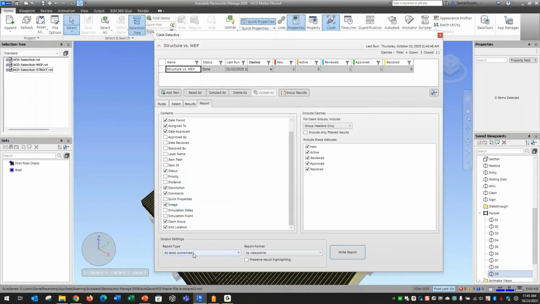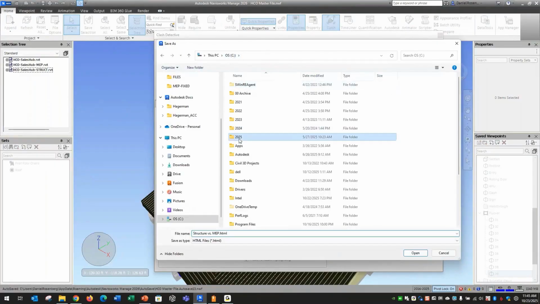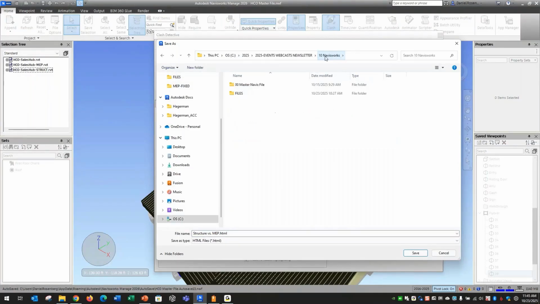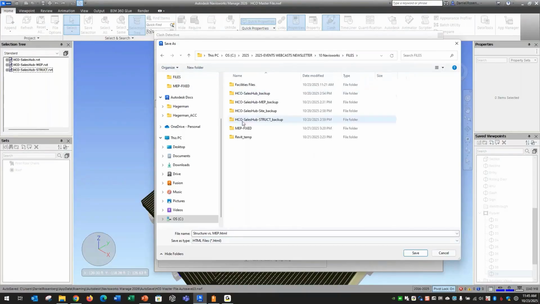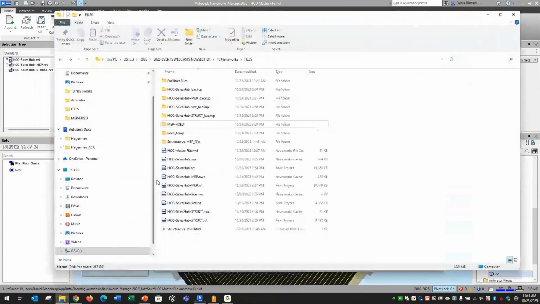And then we're going to write just the current test and then send it out as an HTML. Click write report. And I'll save it in our file here. Save it. And then when I go back into my folder here,